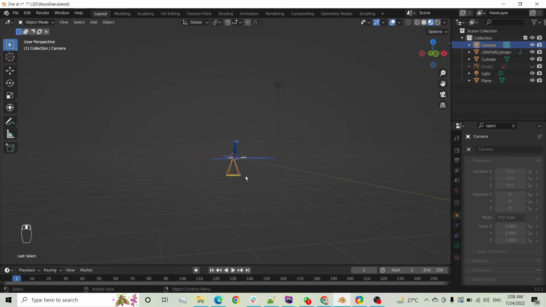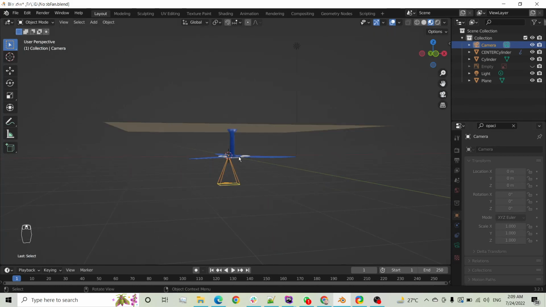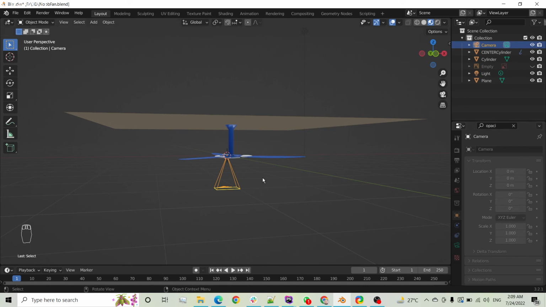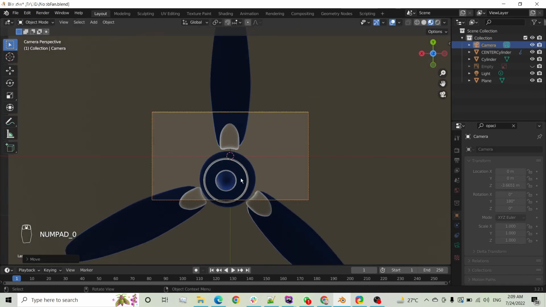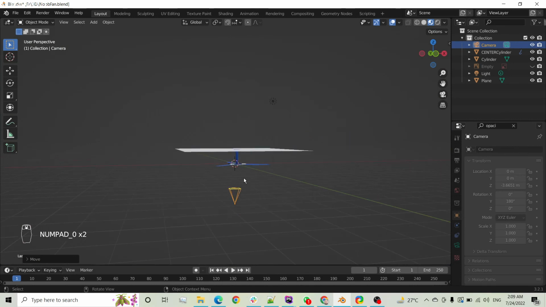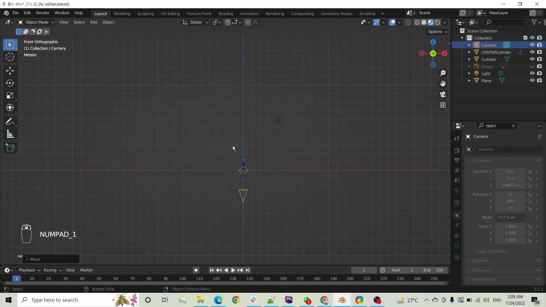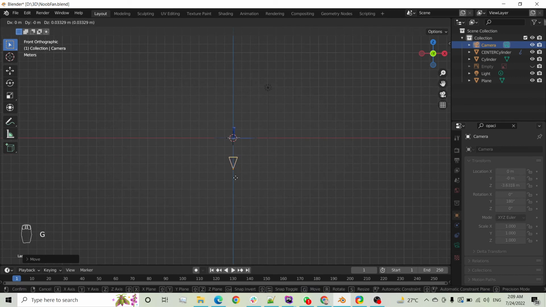Now if we look through the camera, it would be looking downward, nowhere. So what we'll do is rotate it along the y-axis to upward, like this. We will actually be rotating it to 180 degrees. Now grab it, bring it down on the z-axis, like this, it's slam. So if you press 1, grab the z-axis,